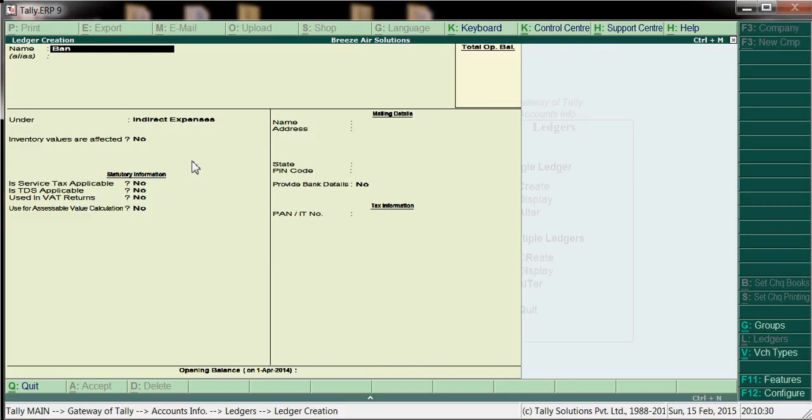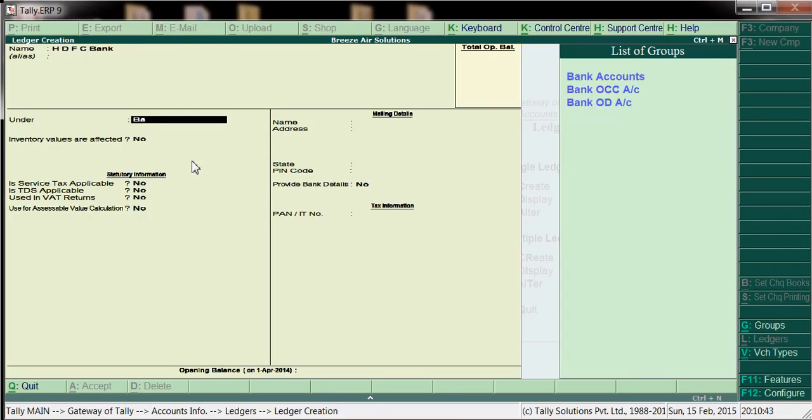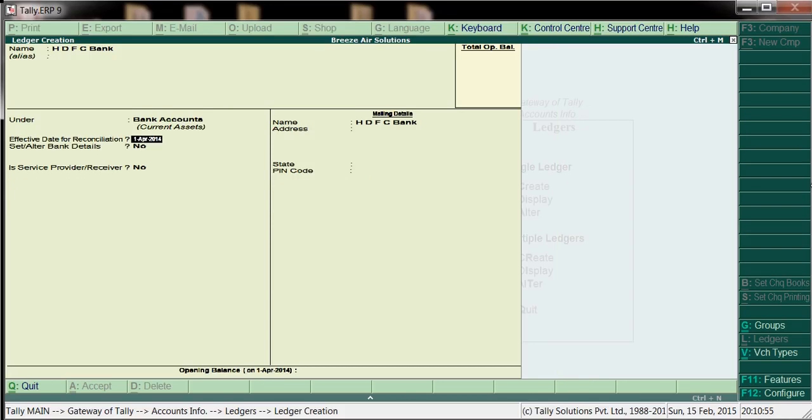And we'll create a bank account, HDFC bank, under bank accounts. Here we have the options bank accounts and bank OD. This is not an OD account, so we'll create this under bank accounts. The effective date for reconciliation is the date from which the books will start, for example 1st April 2014.